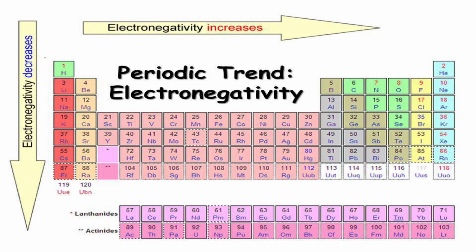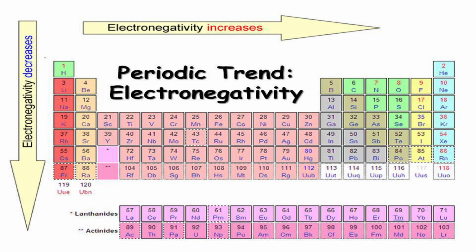Like electron affinity, electronegativity strength also follows periodic trends. As we move from left to right in a period, atomic size decreases. As the atomic size decreases, the nuclear charge also increases. So the outermost shell is pulled towards the nucleus. Thus, electronegativity increases along the period, that is from left to right in the periodic table.